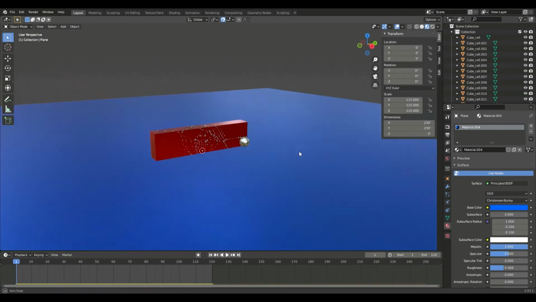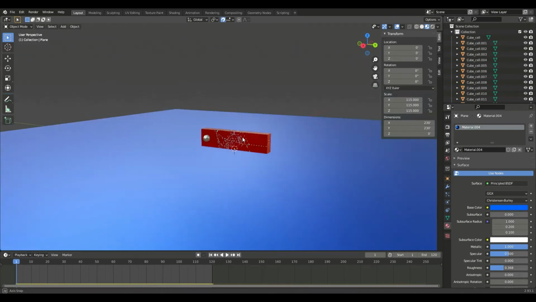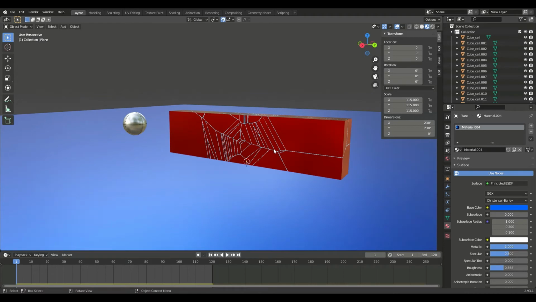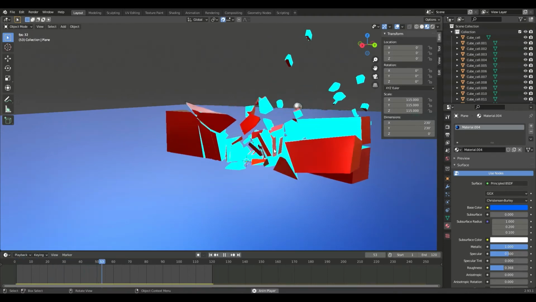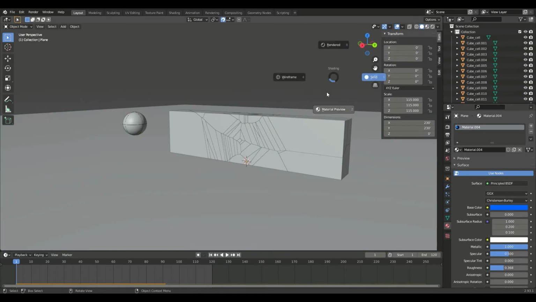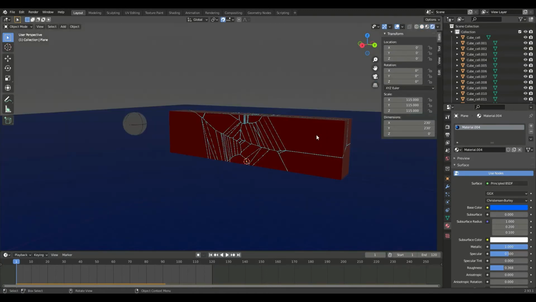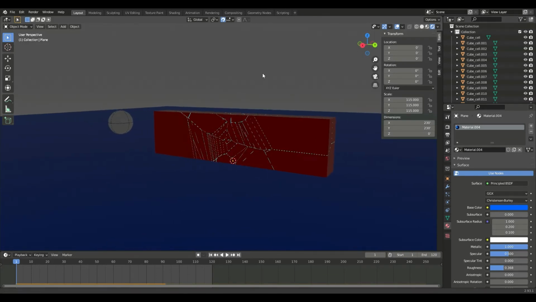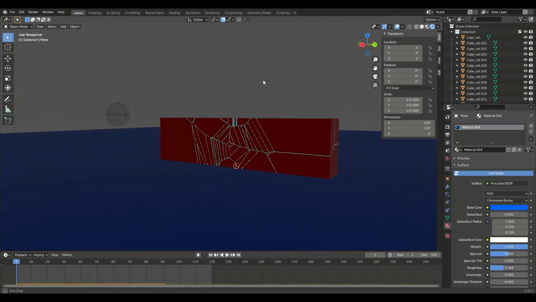Then, if you are going to render out this scene, let's say you want this view of the cube getting destroyed. You want to see it from this angle. I also went to rendered view, so this is what it'll look like when it's rendered out. So I want to see it from, let's say, here.